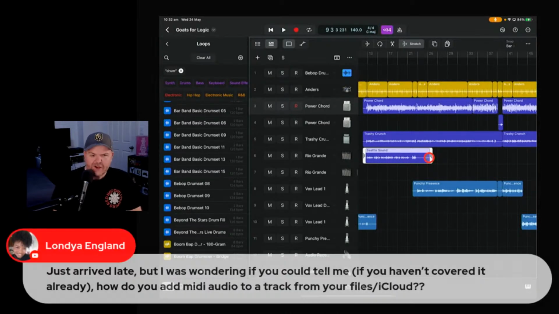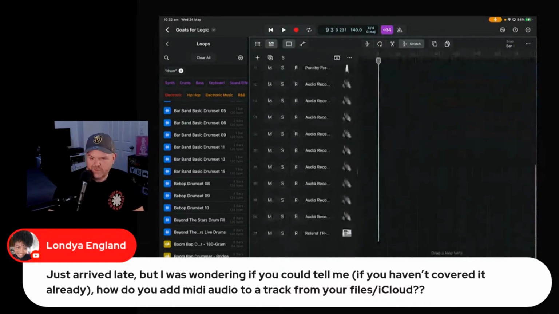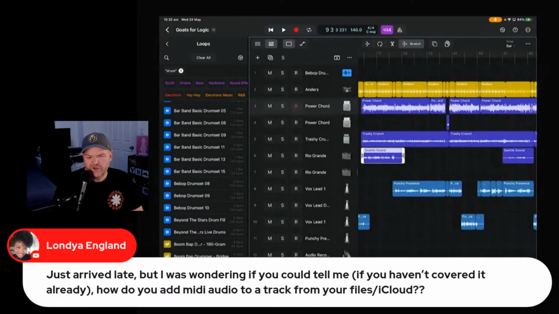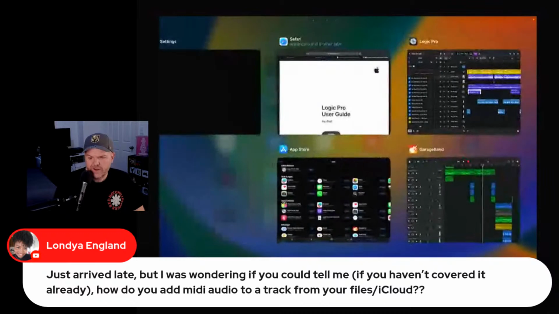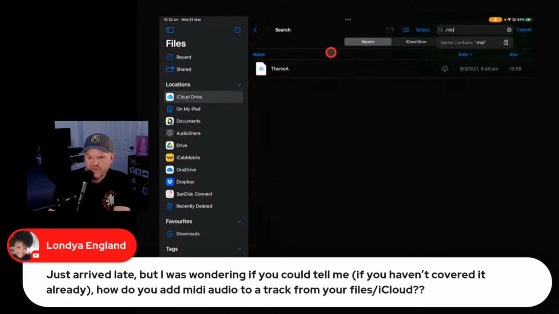All right, so let's go back to Landia's question. So MIDI files. I'm assuming we can open a MIDI file like we can do in GarageBand, which is just to get a MIDI file and then import it. Do I have a MIDI file is the question. I've definitely used MIDI in the past. Let's just go .mid over here and see. Whoop, I'm not in my search box. .mid. I've definitely done demos before. Okay, I've got one MIDI file. No idea what this is.